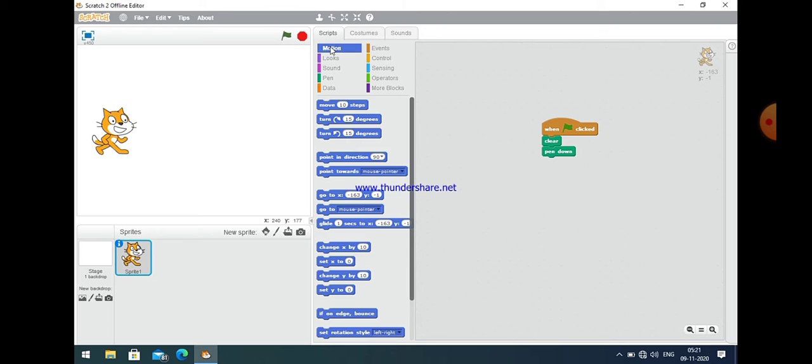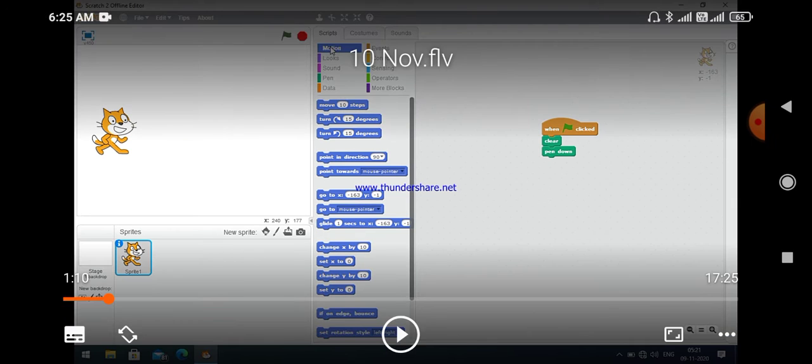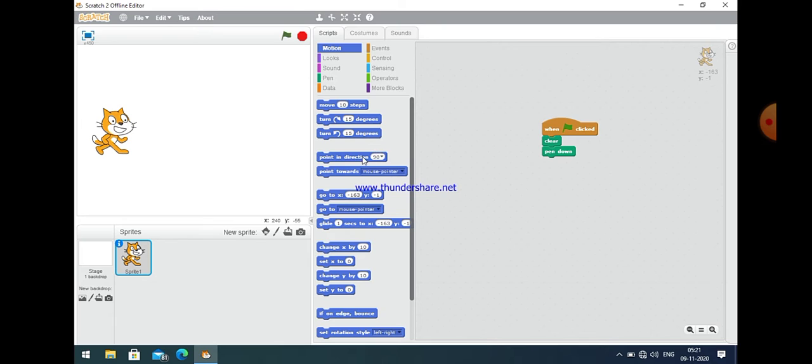As you can easily see, in the motion category different commands are there. First of all, you have to do only one thing: select the command point in direction 90 degrees. It points this sprite, that is the cat, in the 90 degree direction. Otherwise the direction may be changed. So let us select this command, point in direction 90 degrees. After this we can